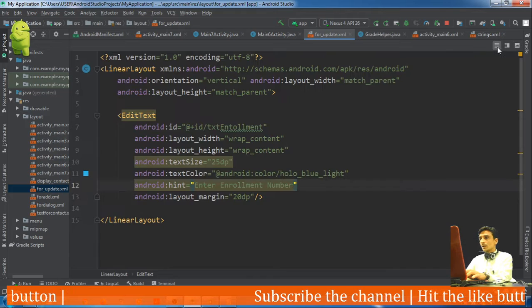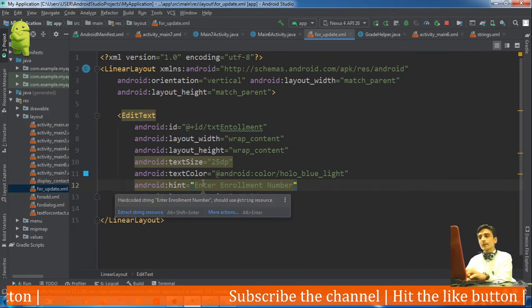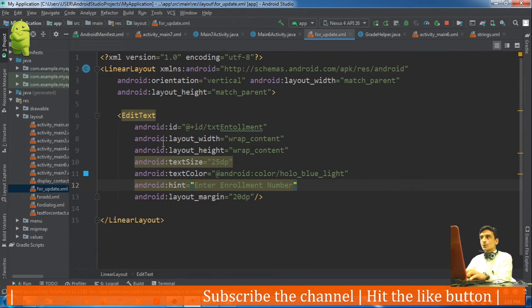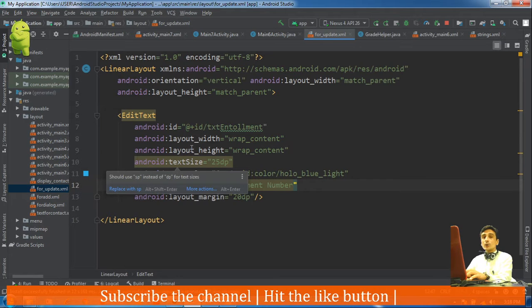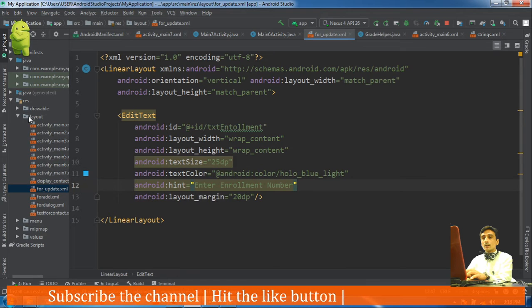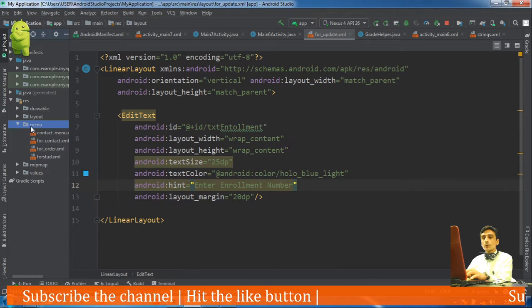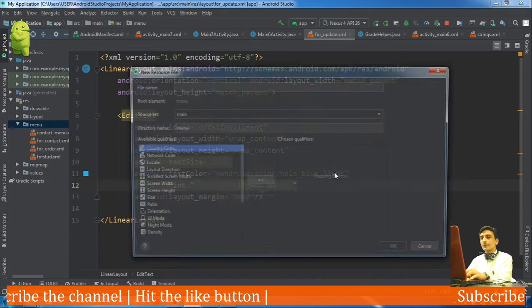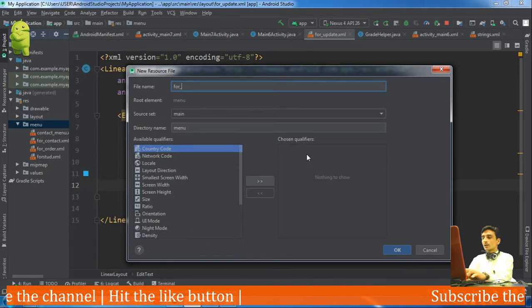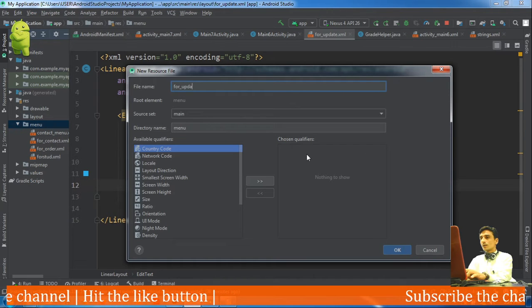Okay, now this layout will appear in the dialog box. So our dialog box should appear when the client selects to update the record. For that we need to give the client the option for update and search. For that we will define a menu. Okay, options menu, new menu resource file for update search.